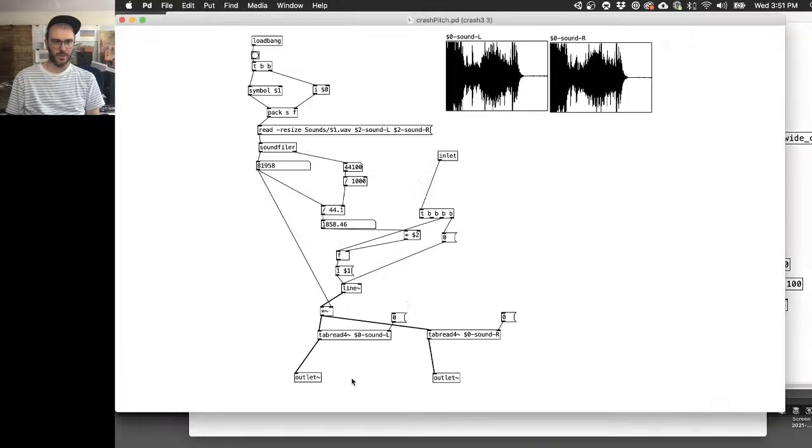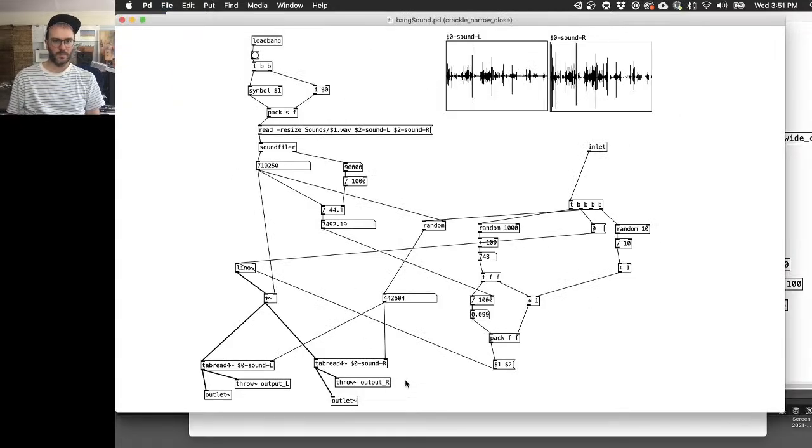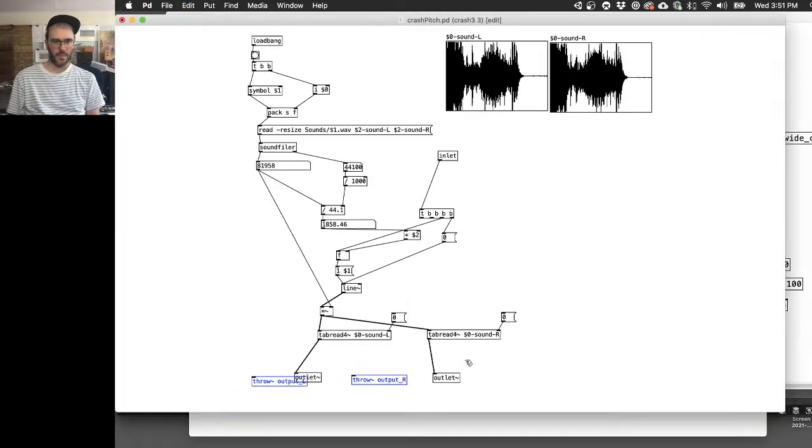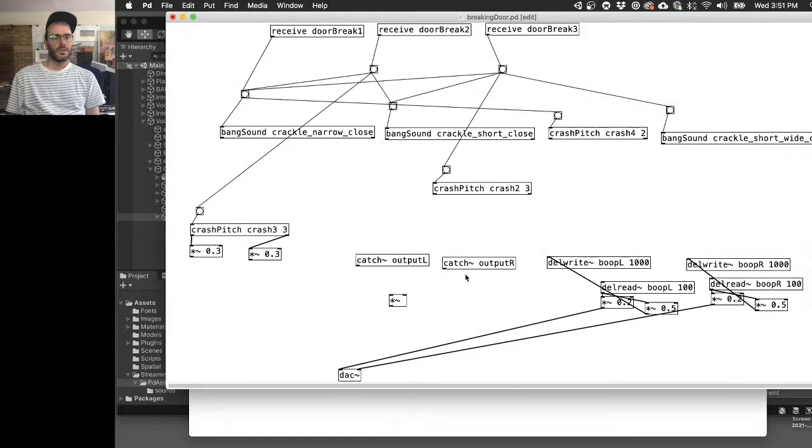Oh, and let's do the same thing in here. Okay, so this patch is doing stuff but pitched. So my thinking is I could actually put a bit of randomization in there, just to make it sound much better. Okay, so here's where I'm going to actually do my